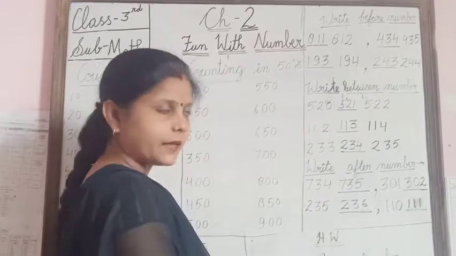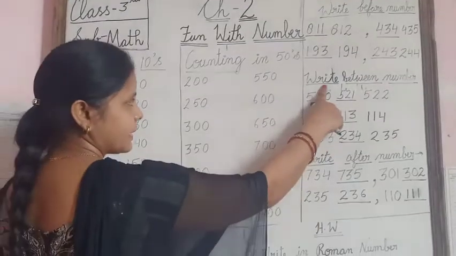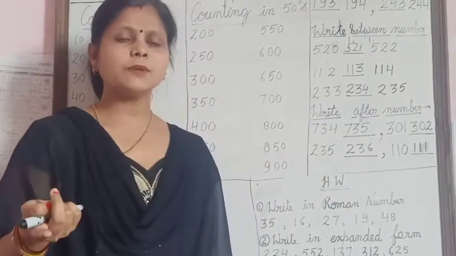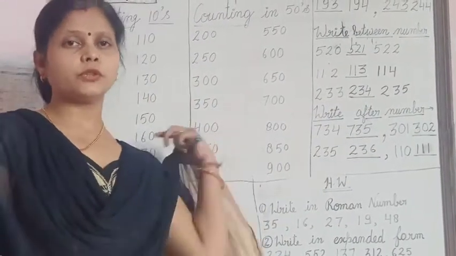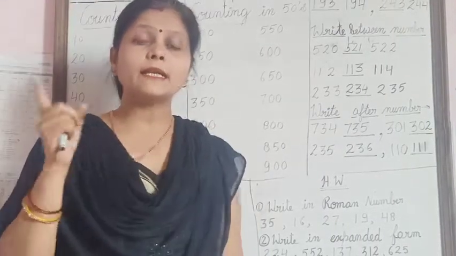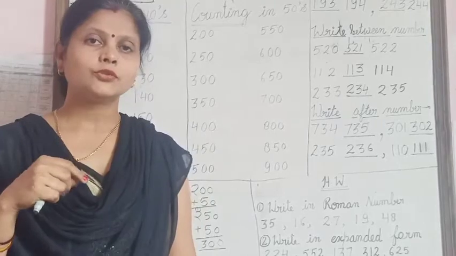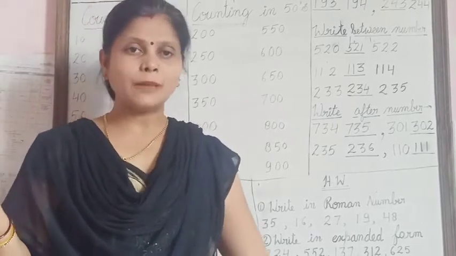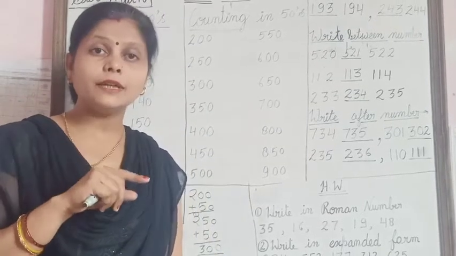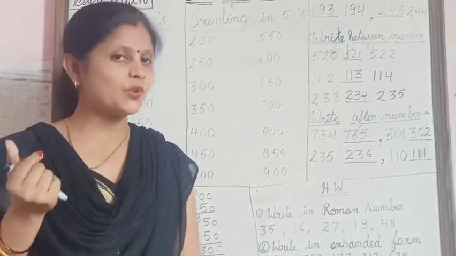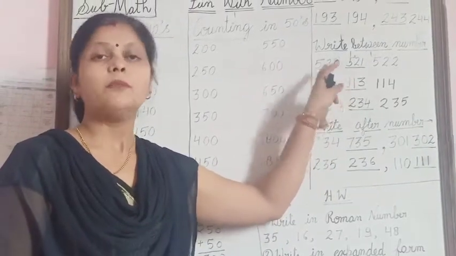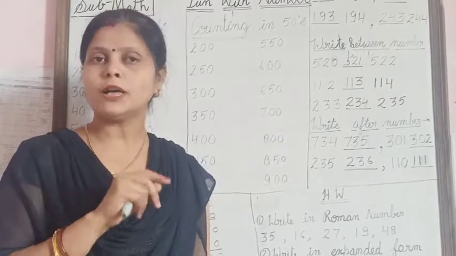You will try. Now write between numbers. Between number means, in simple form, counting 1, 2, 3, 4, 5, 6, 7, 8. If anyone asks you, 5 and 7, between what number? You can simply tell everyone it is 6. And if anyone asks you, 11 and 13, the between number is 12. It's simple. Like this also it is simple. But if you have any confusion, you have two choices.